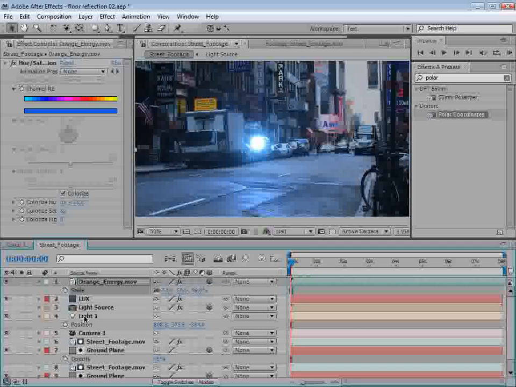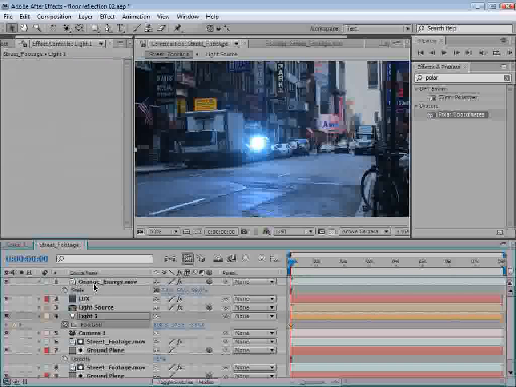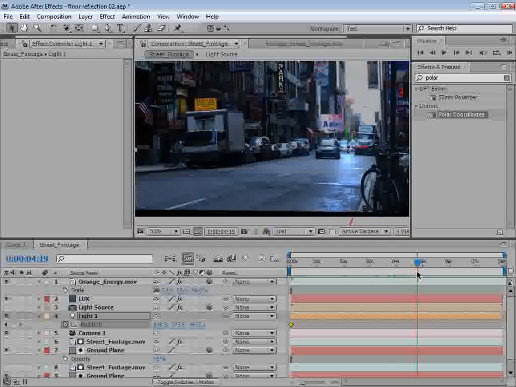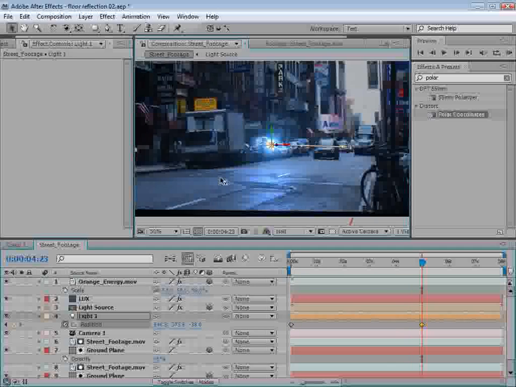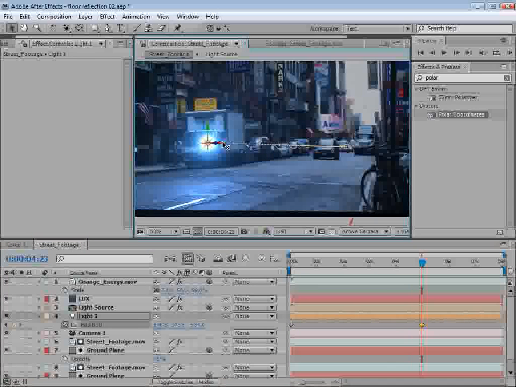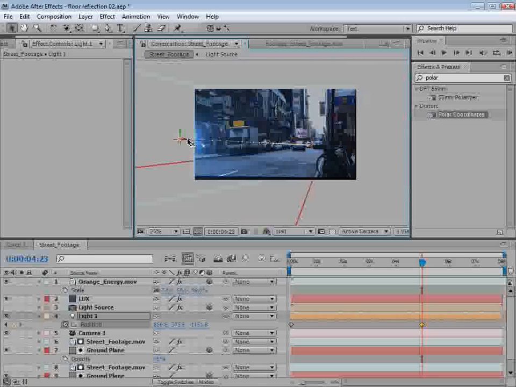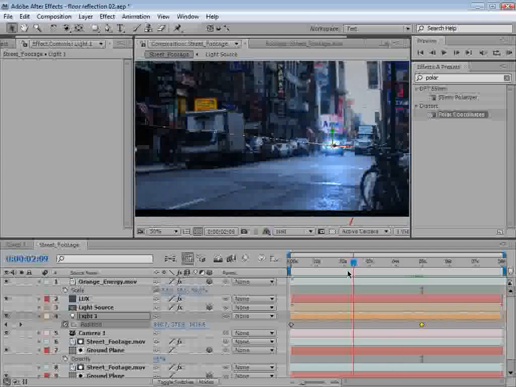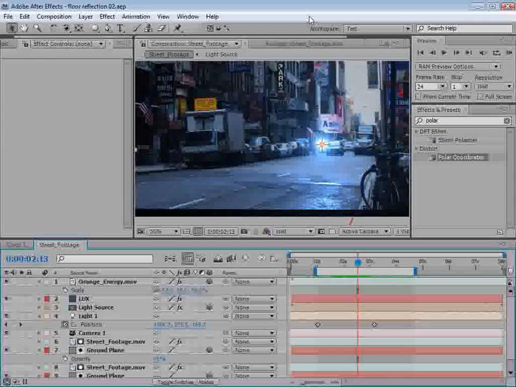And then let's animate our light. So we'll turn on the keyframe for the position, and let's move our light off into the distance. Then we'll move forward a few seconds and we'll push it down here, have it kind of fly past the camera almost. And that looks good. Okay, now we're going to add some particles, and I'm going to be using Trapcode